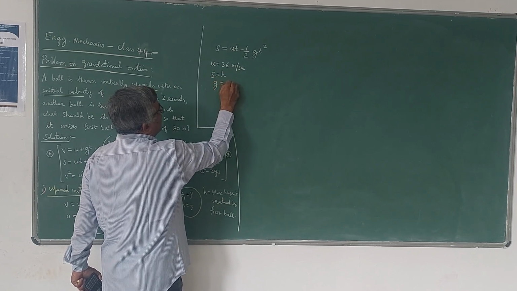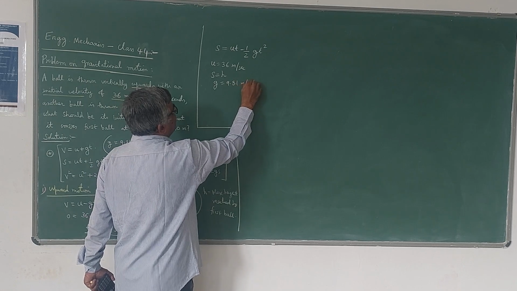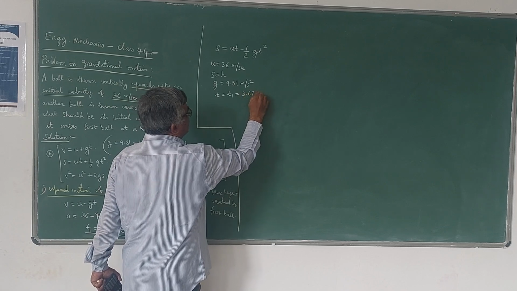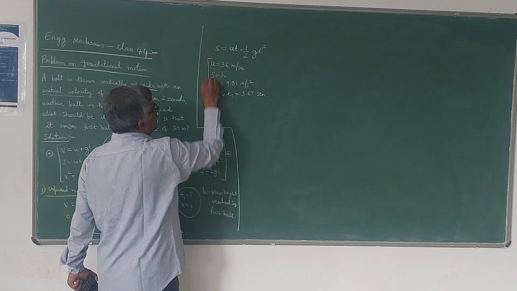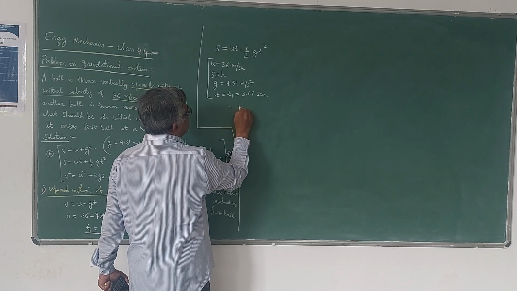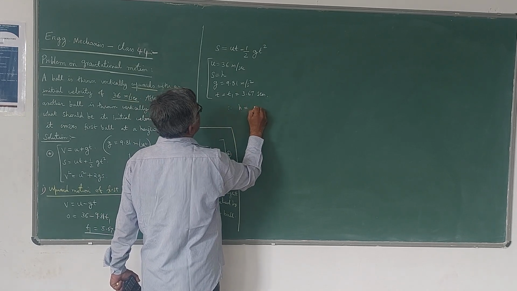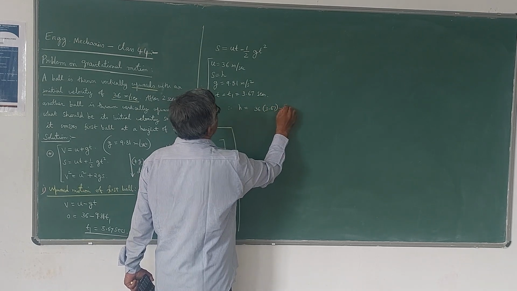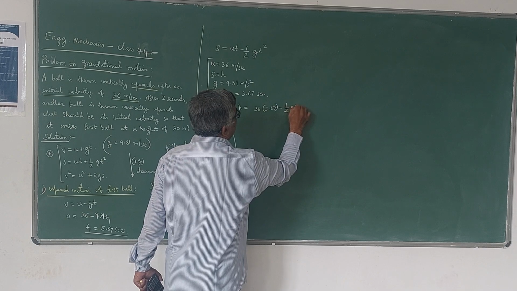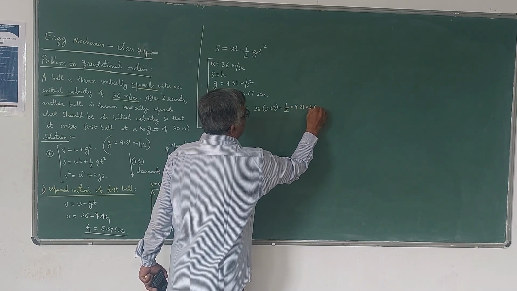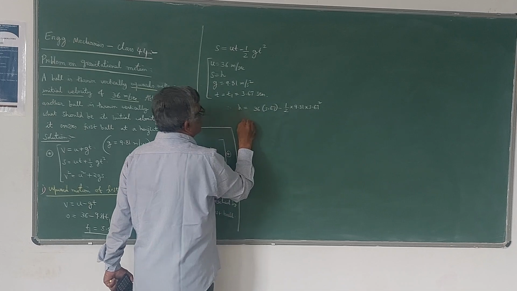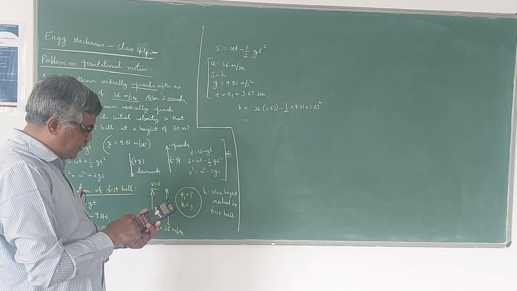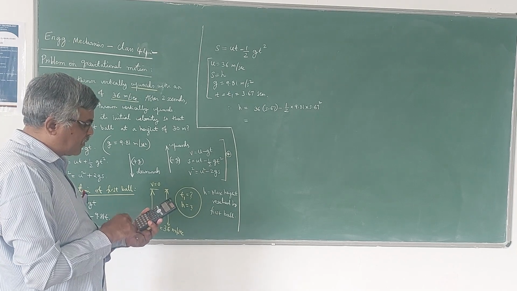g is 9.81 meter per second square. And t is nothing but t1, which we have worked out as 3.67 seconds. Now substituting these things, you will get h is equal to u, which is 36, into t1, 3.67, minus half into 9.81 into 3.67 square. So if you simplify this, we will get 36 into 3.67 minus